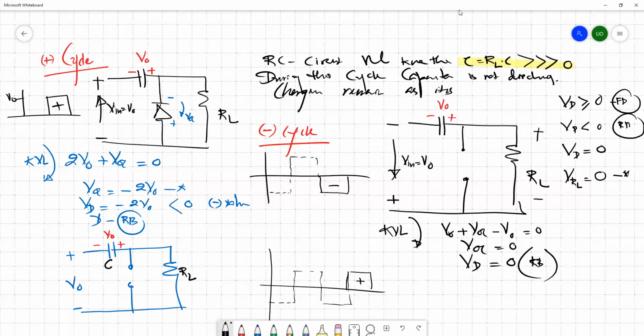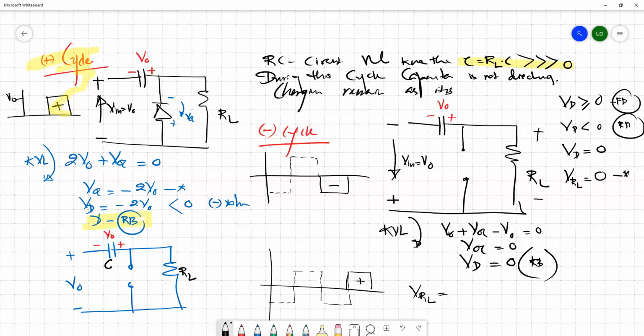Once we apply a positive voltage again across the input circuit, this diode is simply reversed, so it comes to the same situation as here. The diode gets reverse biased because it basically applies a negative voltage of 2 times V naught. Once this diode is reversed, you can replace it with an open circuit. So then the voltage across the RL would be